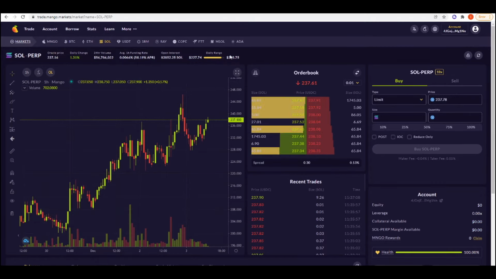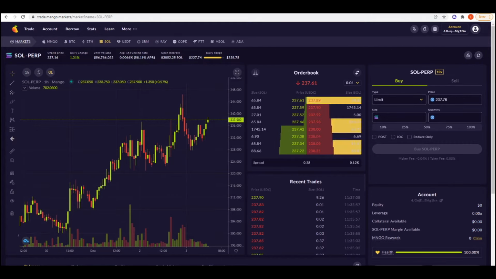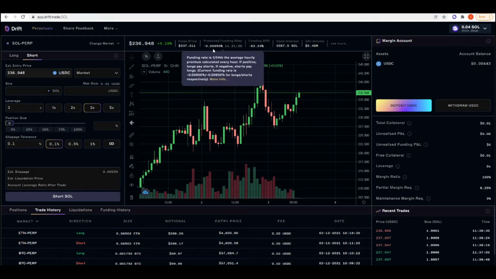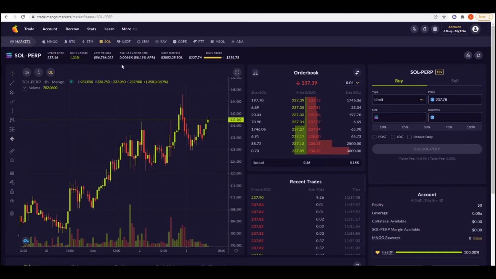So I don't know the official name for it, but I'm going to call it funding rate arbitrage because we're going to be playing around with perpetual futures and the funding rates that you see here on Mango Markets and on Drift Protocol. So how this works is we're taking advantage of the difference in funding rates between Mango Markets and Drift. So going on to the SOL Perps, we can see that the average funding rate right now is